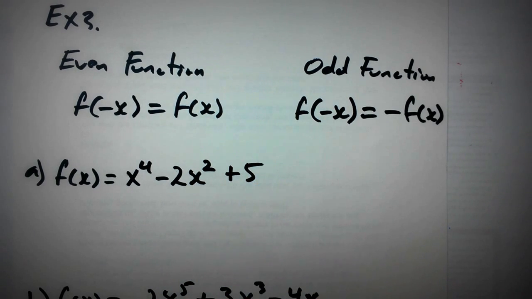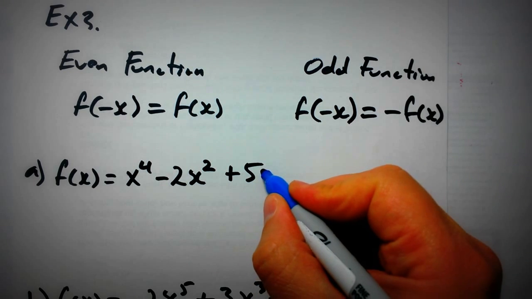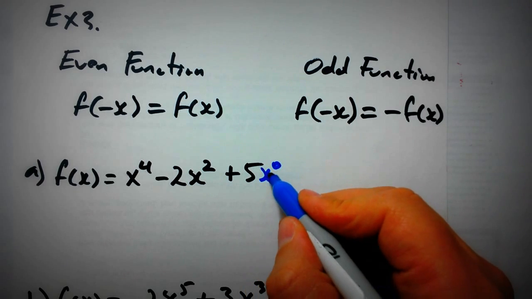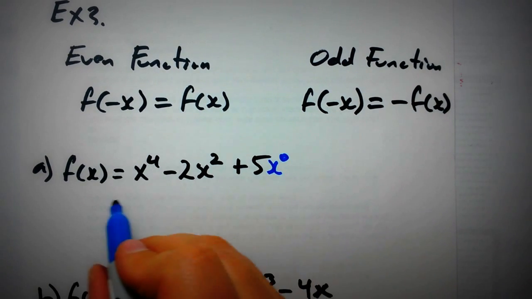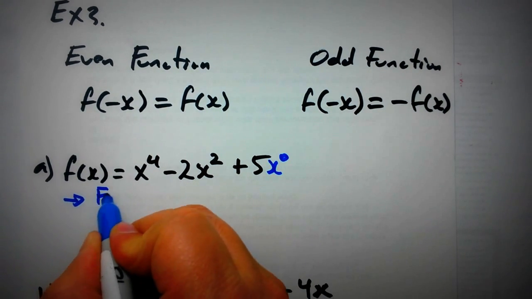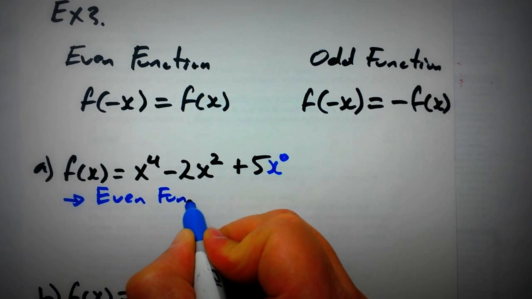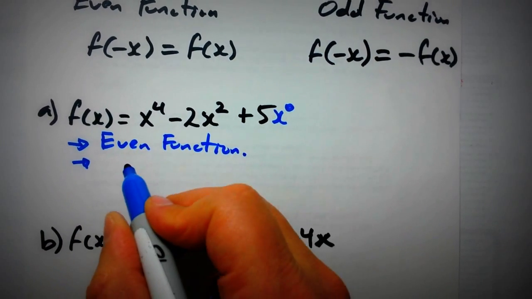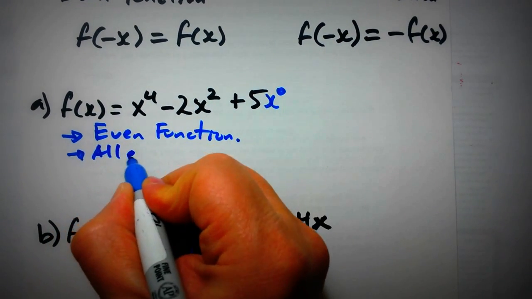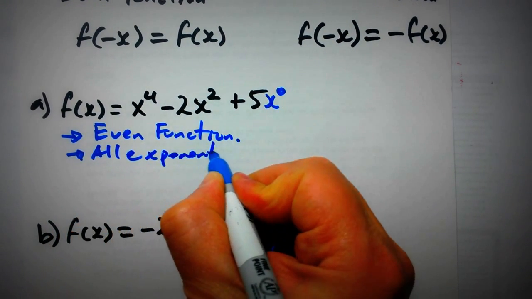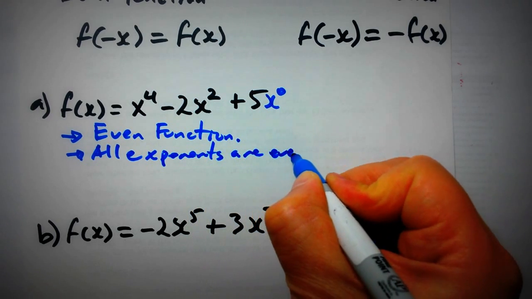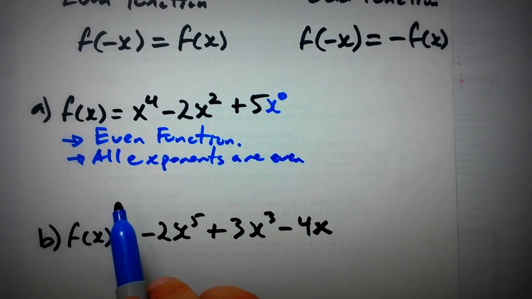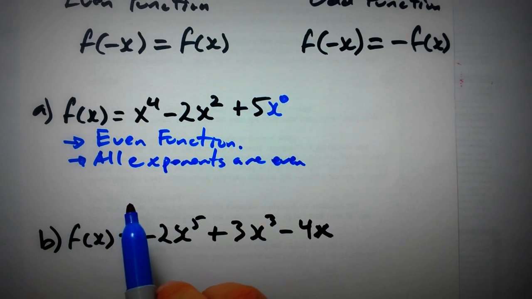And in case you didn't notice, how is it that the exponent of 5 is even? Because this can be written as 5 times x to the power of 0, which gives you 1, and 5 times 1. So it's the same thing. So basically, it's an even function. Even function, all exponents are even. Right, let's write this down. All exponents are even. And if all the exponents are even, then we know that it has a line symmetry about the